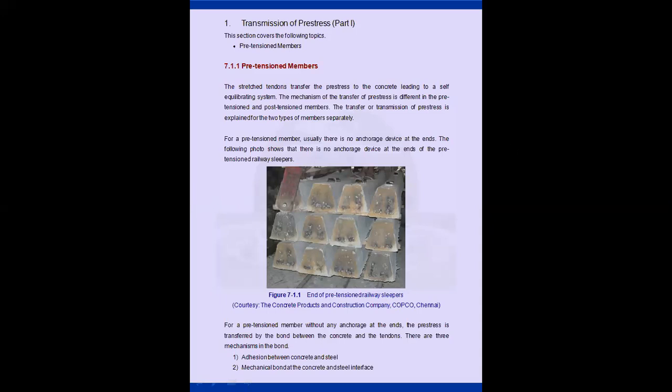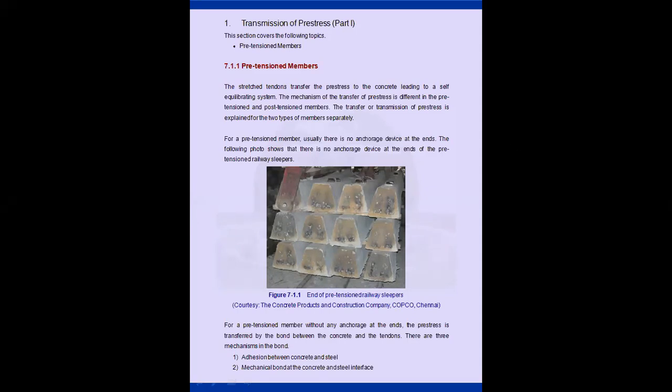What happens in the video you just saw: in the pre-tensioned bed, initially you stretch the strands. After pouring the concrete and after the concrete attains its strength, you cut the ends. When you cut the ends, it means your member is not anchored. What do we mean by anchored? Anchored means the strands should hold at the ends. When there is no holding at the ends, why? Because after attaining its strength, you are cutting the strands. So when you cut the strands, your member is not anchored at the ends. That's what happens in a pre-tension member.